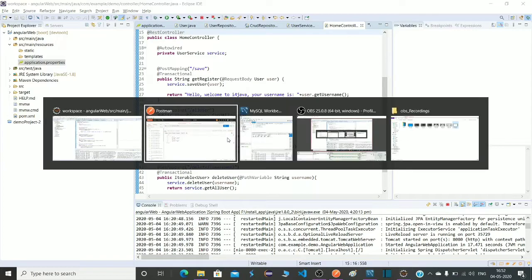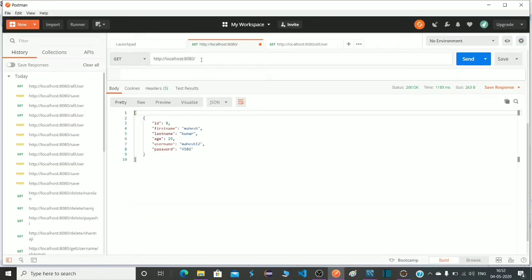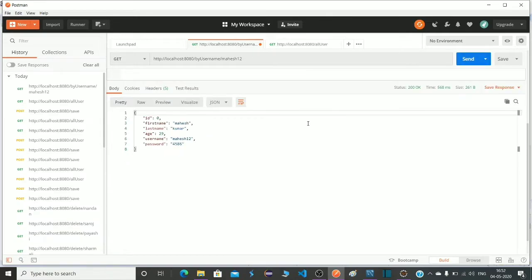So by username, here we will write Mahesh12 and send. Okay, we are able to see the record.